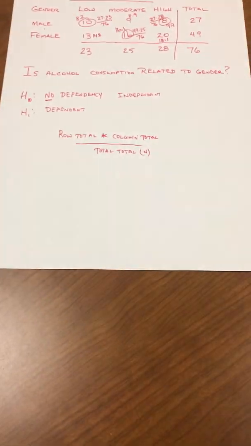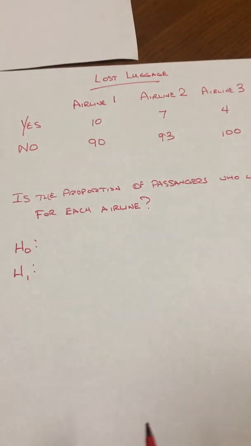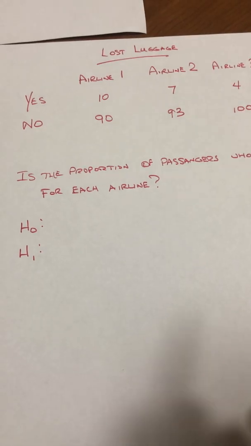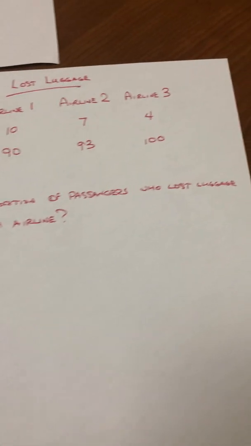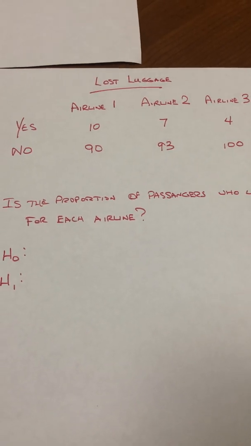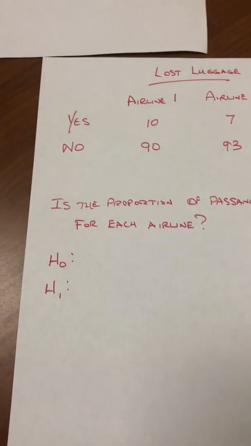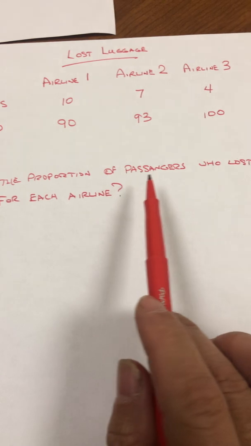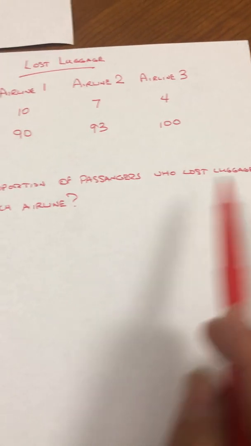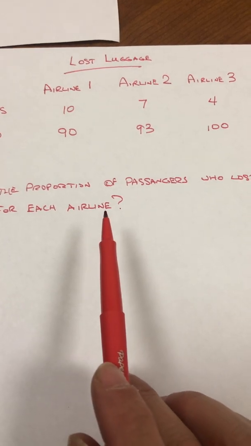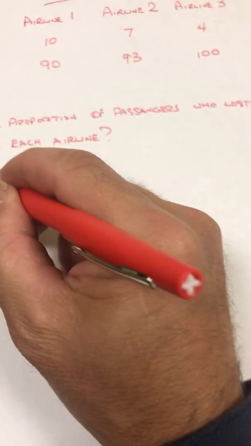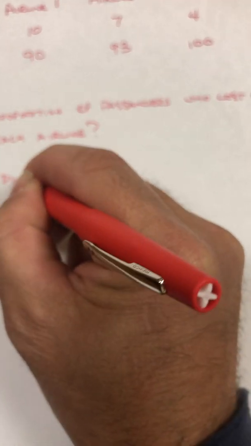We'll do the first two steps in the process, which is find the null hypotheses and find the expected values. All right, on this one, here we're testing what's known as homogeneity. And homogeneity is the idea that we're going to test if the proportions are equal between these. So is the proportion of passengers who lost luggage for each airline the same? So what I'd be saying here is that there's no difference